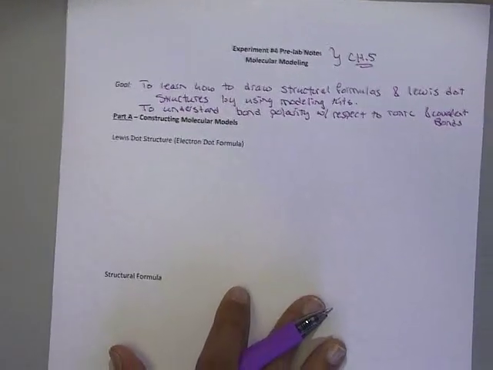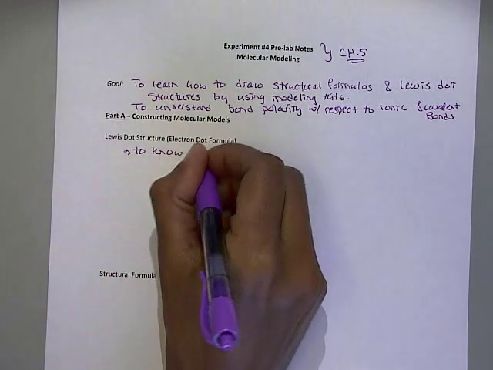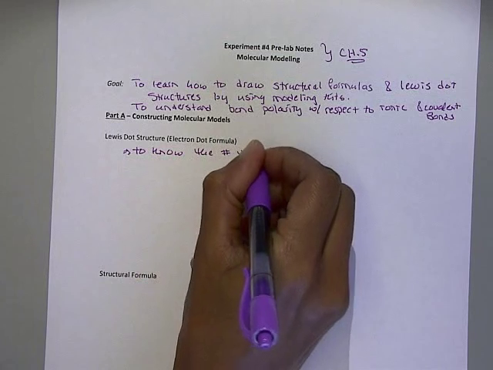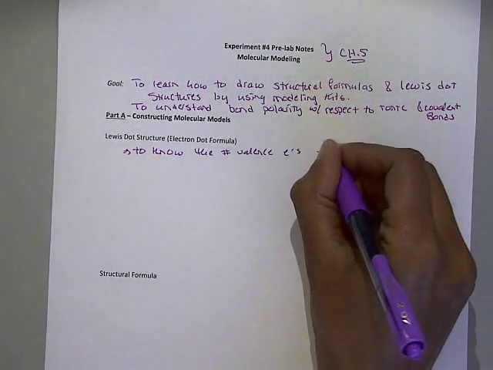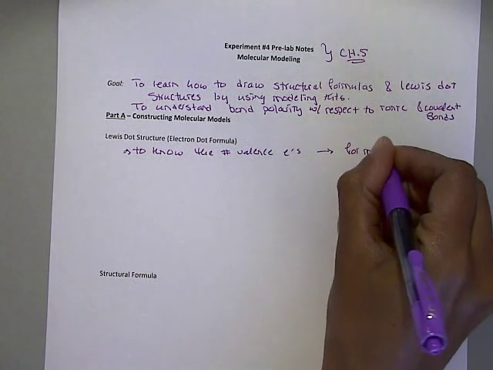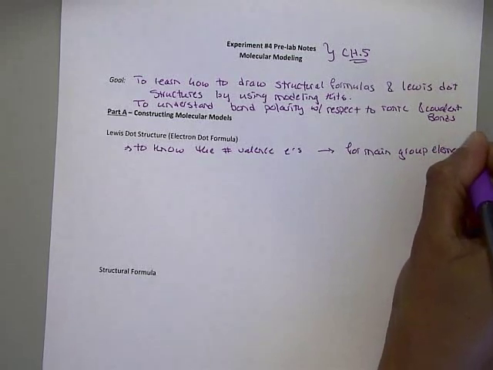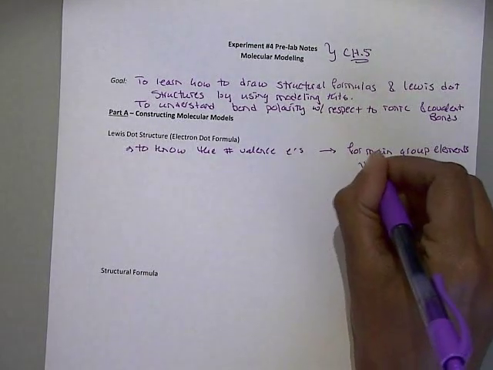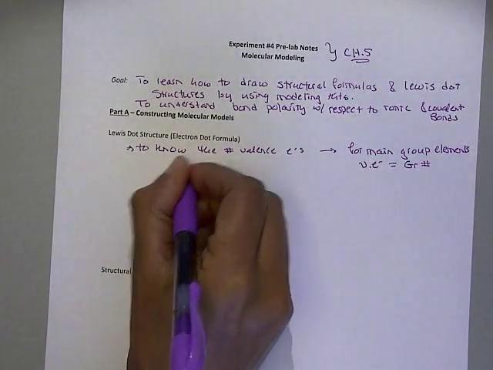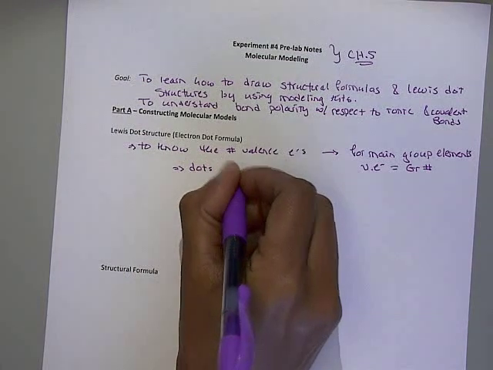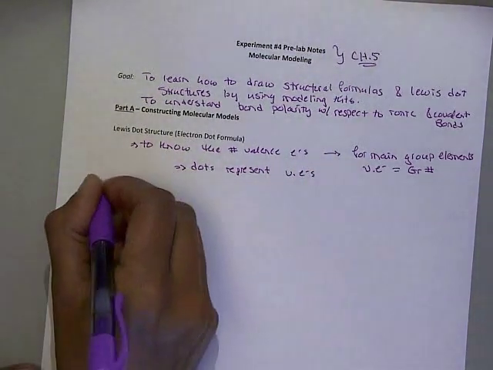What you need for Lewis dot structures is you need to know the number of valence electrons for a given atom. So remember, for main group elements, the number of valence electrons is equal to your group number. In Lewis dot structures, the dots represent your valence electrons. So, for example,